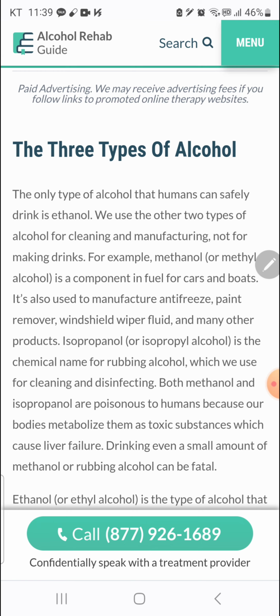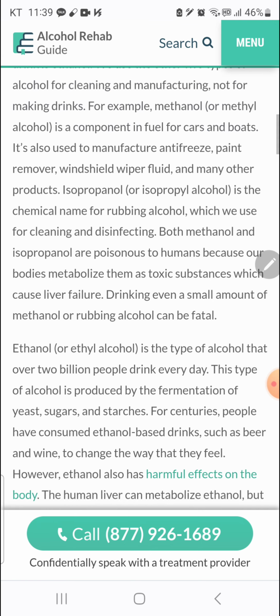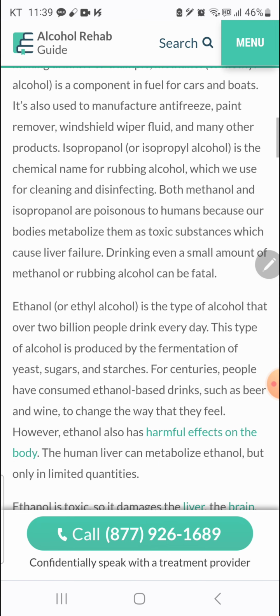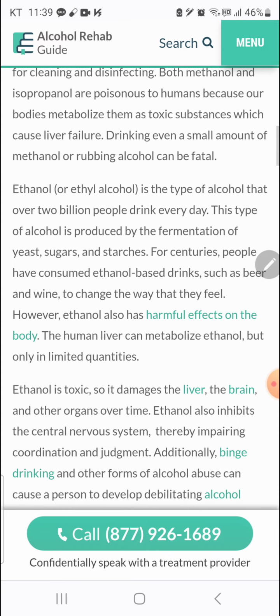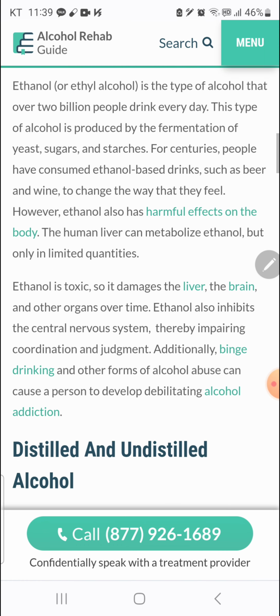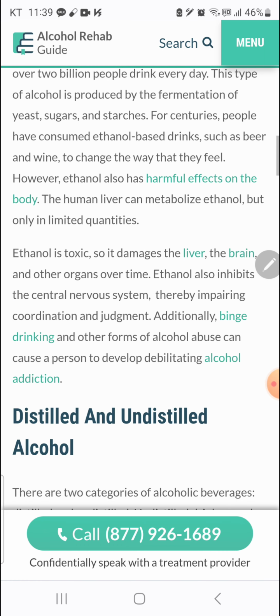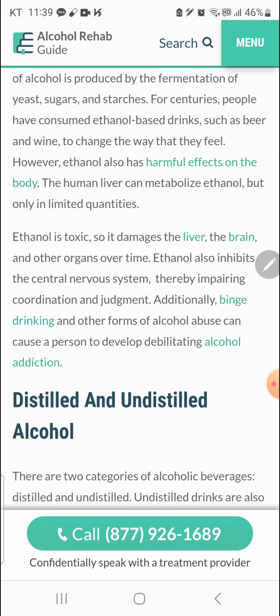Ethanol or ethyl alcohol is the type of alcohol that over 2 billion people drink every day. This type of alcohol is produced by the fermentation of yeast, sugars, and starches. For centuries, people have consumed ethanol-based drinks, such as beer and wine, to change the way they feel. However,